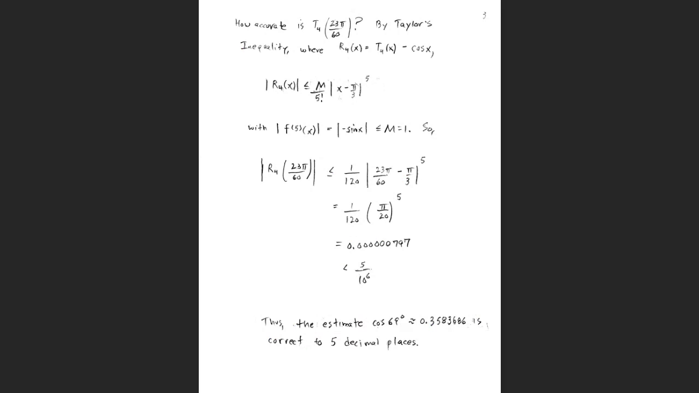And so we ask the question, how accurate is this Taylor polynomial approximation? How accurate is it? Well, we're going to use Taylor's inequality. A was equal to pi over 3. And the fifth derivative of x is negative sine. The absolute value of negative sine, M has to be greater than or equal to the absolute value of negative sine, okay, which would just be,